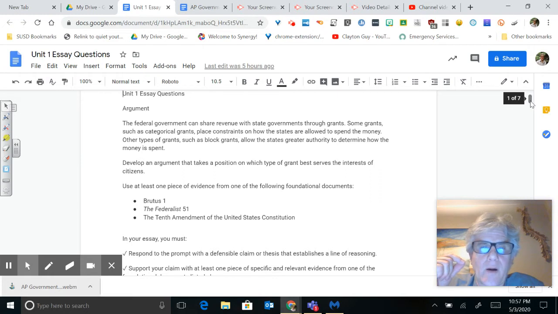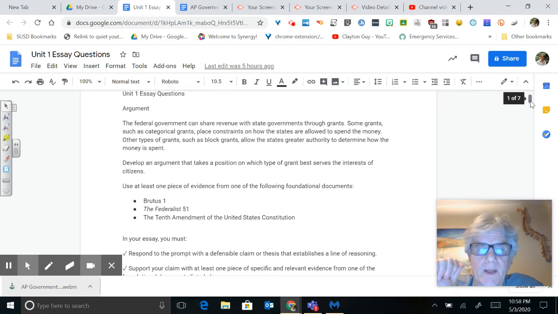So please, on the argument essay, make sure you have a thesis, and the thesis should state "because" and give two reasons, and the two reasons should be your two pieces of evidence and the reasons for that. Also remember, for every reason that you have, tie it to the prompt. Block grant, categorical grant: which serves the interest of the citizens, and which grant is better, the block grant or the categorical grant? So always tie it back to the prompt, tie it back to the thesis, and then refute the